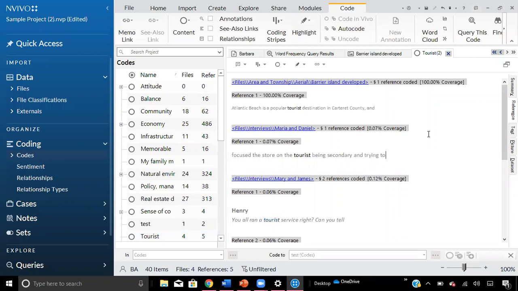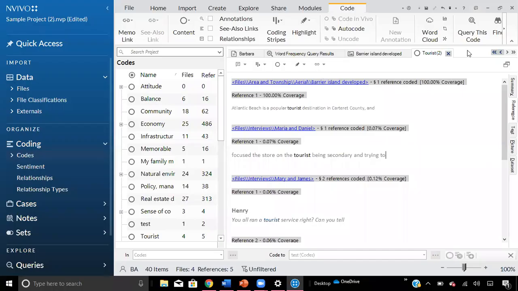So that makes it a lot easier for going back through data to code something that you've realized later is going to be an important theme. That'll make it a lot easier to go back through. And again, if there's any mistakes that NVivo pulled that you disagree with, just uncode it. And that is a great search feature that NVivo lets you use for data analysis.